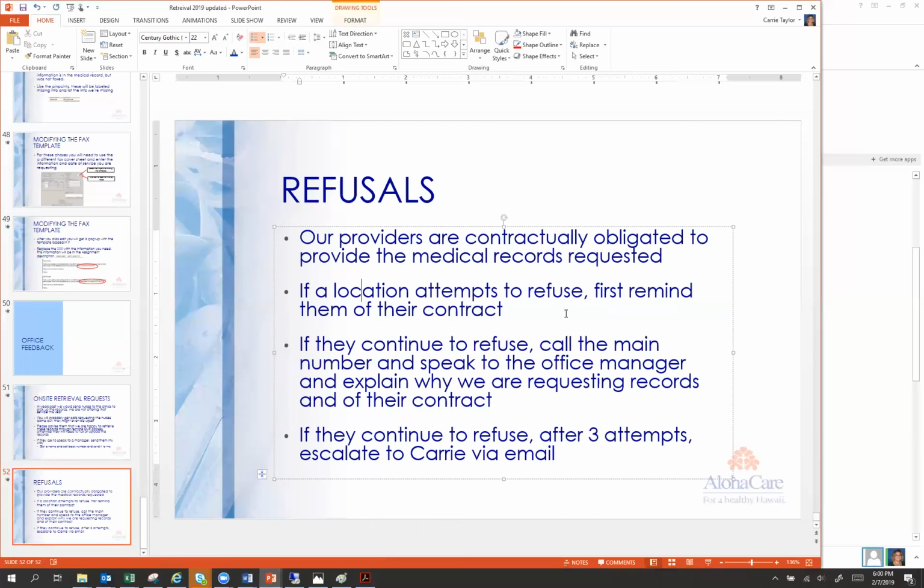So if a location attempts to refuse, first remind them that it's their contractual obligation to provide these. If they refuse, because typically you're talking to the medical records person, you can try and call the main number and speak to the office manager and explain why we're requesting the records and remind them of their contract. If they refuse after three attempts, get that name and contact number and get it to me, and I'll work with provider relations to gently remind them. We also have our chief medical officer that can speak to their physicians